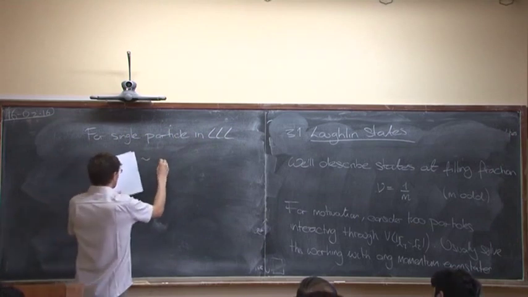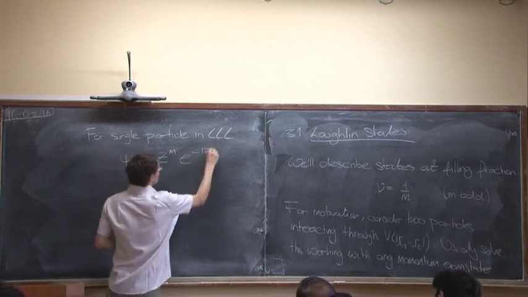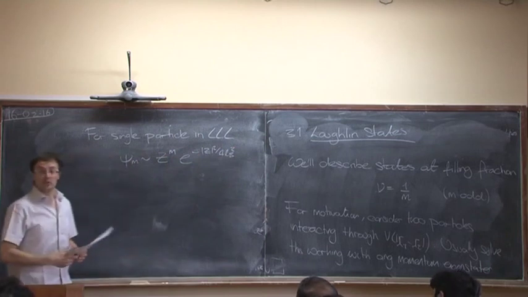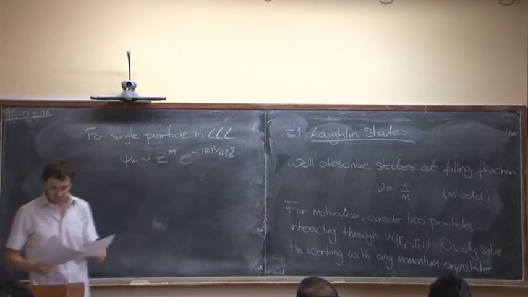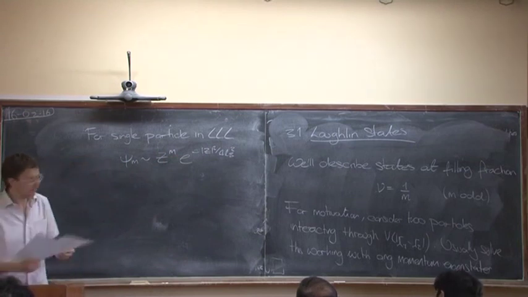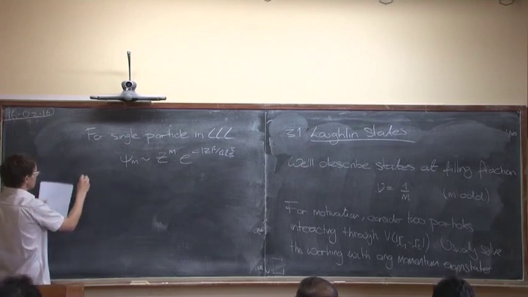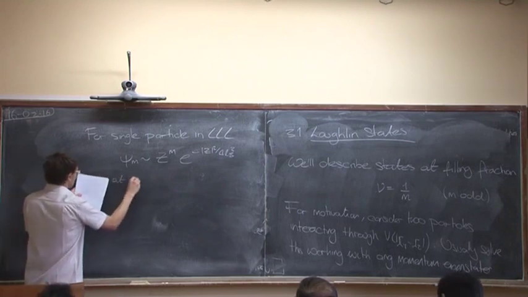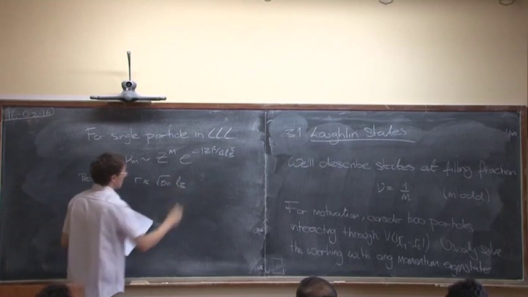The single particle eigenstates are those states that have this wave function. So it's a holomorphic function, z to the n, and n is the angular momentum. If you recall, this is going to be important, this is peaked at a radius which is